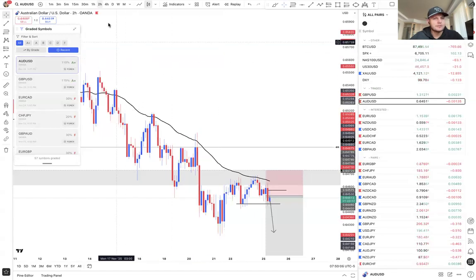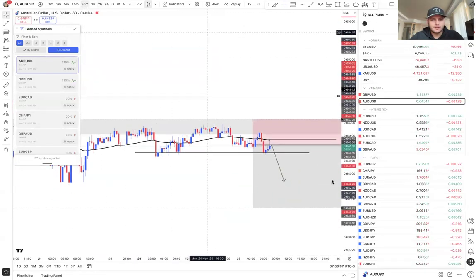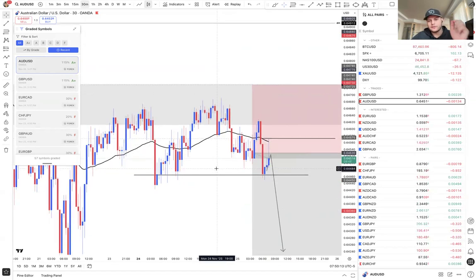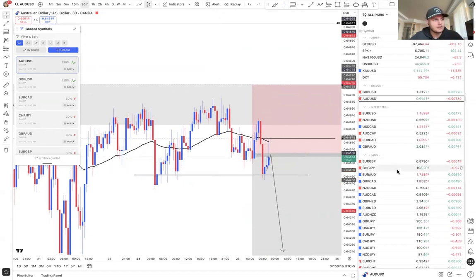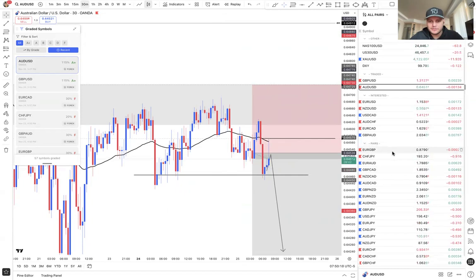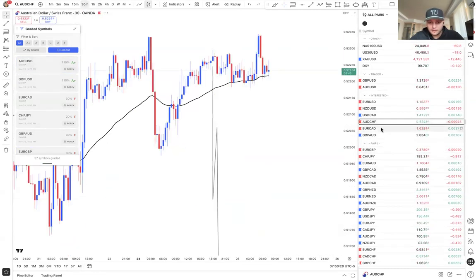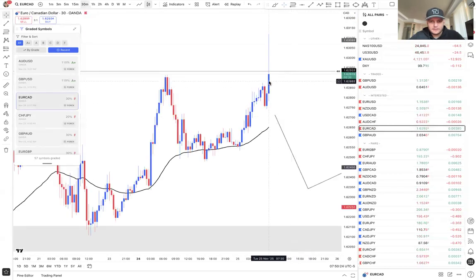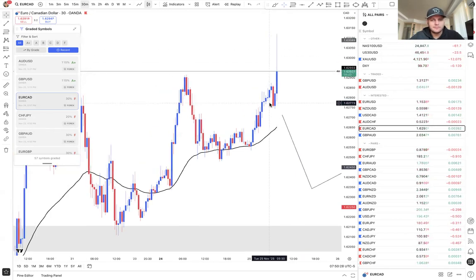That's so interesting. So yeah, we are actually getting some good sellers out of this area. I'm going to set an alarm here just so that I can get notified if price pushes higher. I don't want to get caught in a bad position. Wait a minute. Is there a news event? What was that? What just happened?